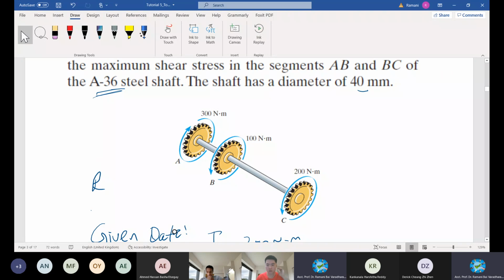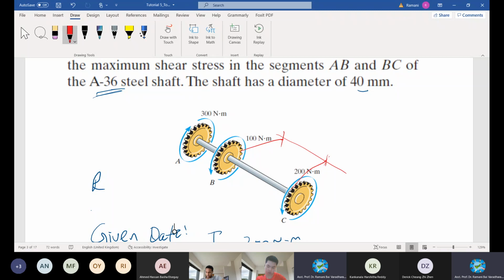You have to calculate carefully the net value at B. We are now going to find out between B and C what is the net torsional moment acting, because it is subject to three values, right? At A one value, at B another value, and another value at C. Now our point of interest is between B and C, just before C. Let's calculate the value of the torsional moment so that I can calculate the shear stress.